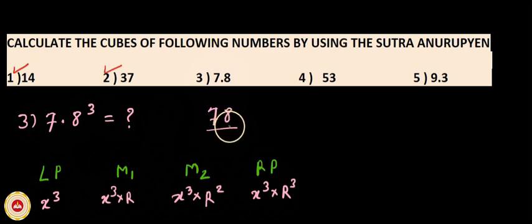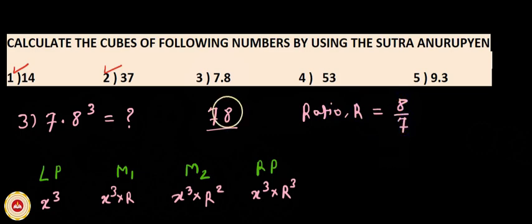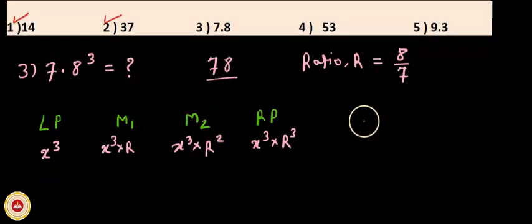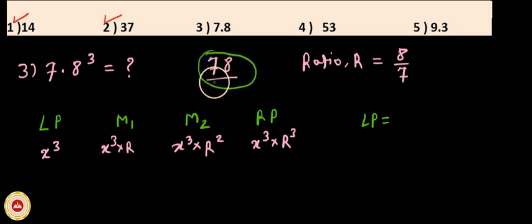8 is the units place digit and 7 is the tens place digit. What is the ratio? Ratio R is 8 upon 7, units place digit to tens place digit. What is the left part? X cube. What is x here? See, consider this number only. This is x and this is y. What is x cube? X cube is 7 cubed, which is equal to